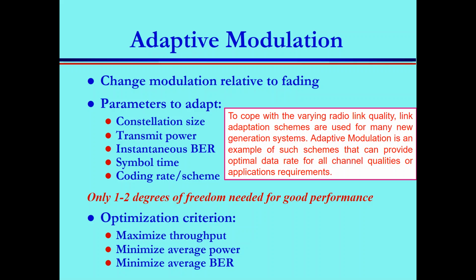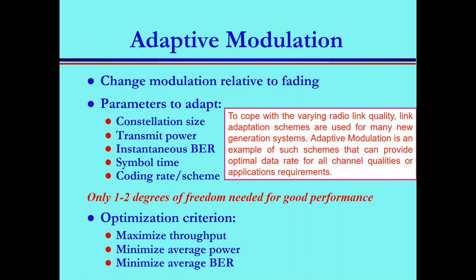So adaptive modulation, the simplest definition for it, is changing the modulation relative to the channel quality and to the application requirements. So adaptation means adjust, modify the things, make them cognitive, not always fixed. So this is a technique that is actually used to